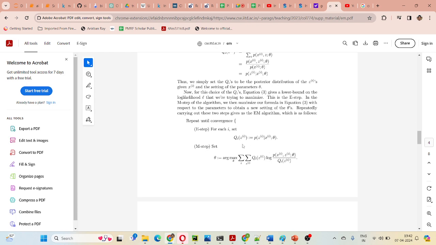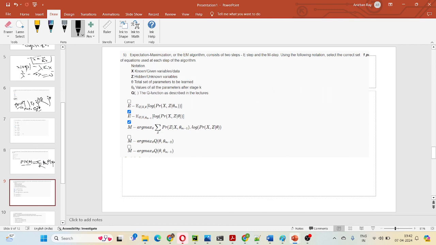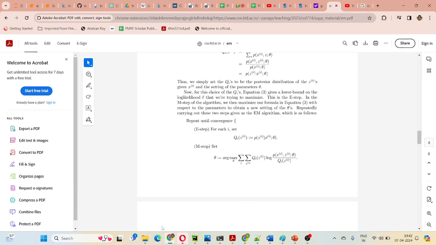As you see here, we are updating the Q. In this case, it is this, the distribution over the unknown data, given the known data. And after that, for the M step, what we are doing is updating the parameters like this,